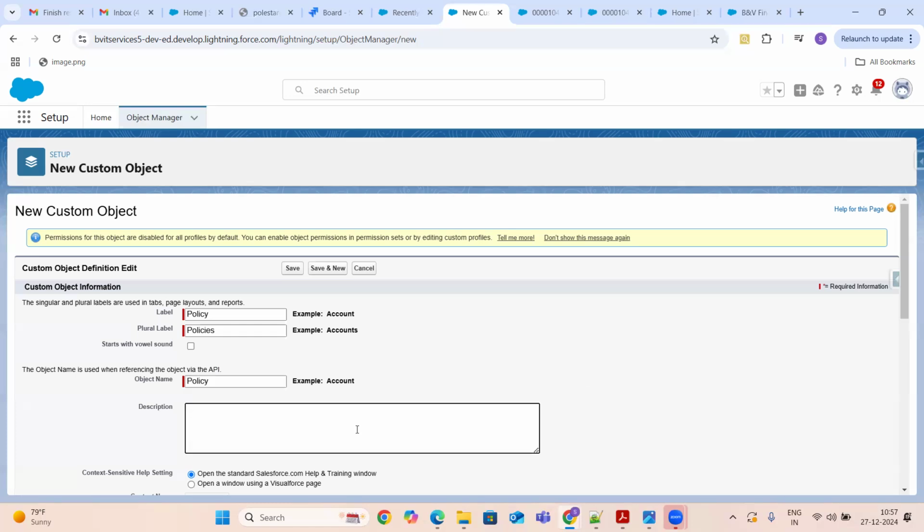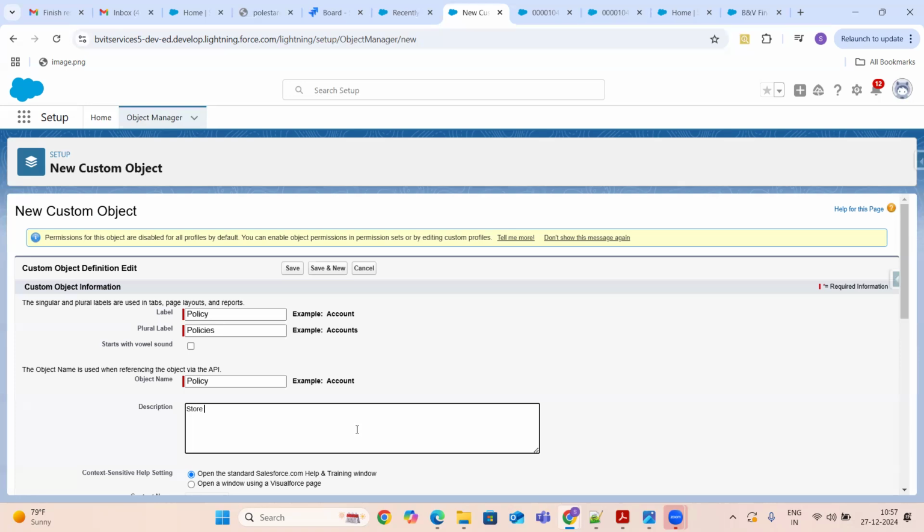Okay. So description, it's not at all mandatory, guys, but it's always a best practice that you provide at least a little bit of description about each and everything that you are doing. That's always helpful for new people. At least give a little bit of idea what this field will do or what this object will do.